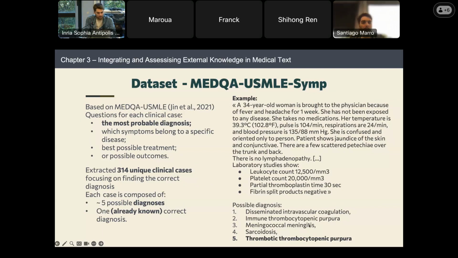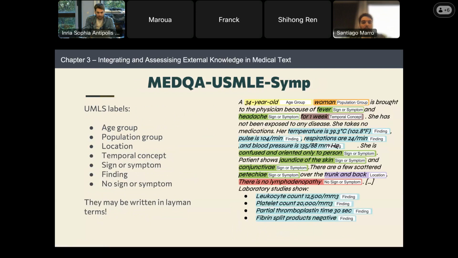So we know all this information. This is taken from exams for students, and the students, given the first part and the possible diagnoses, have to argue and create an explanation on why the patient in this case has thrombotic thrombocytopenic purpura. This dataset is composed of 314 unique clinical cases, and we annotated it in such a way that we have all of the different clinical entities, medical entities, annotated.